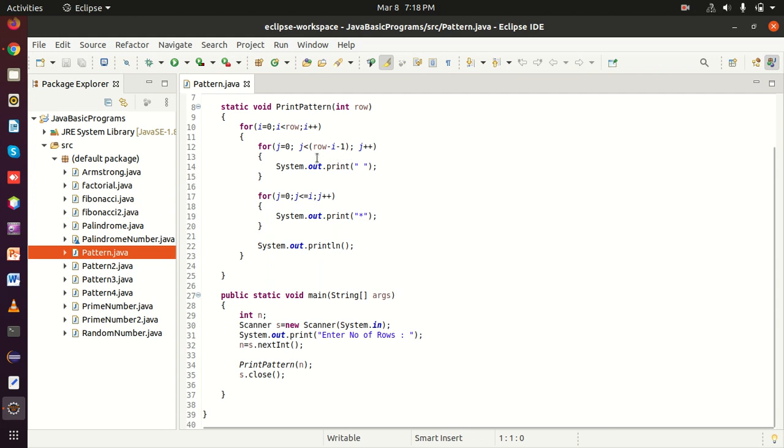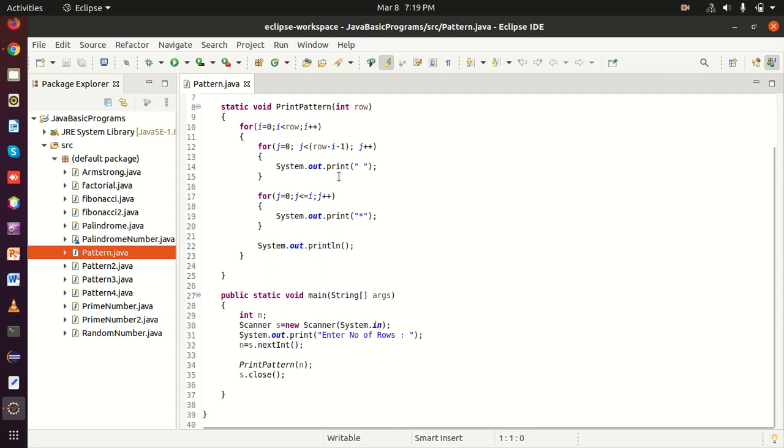Here row value is 5, i is 0. 5 minus 1 minus 0 will be 4. So this loop is going to continue while j is less than 4.